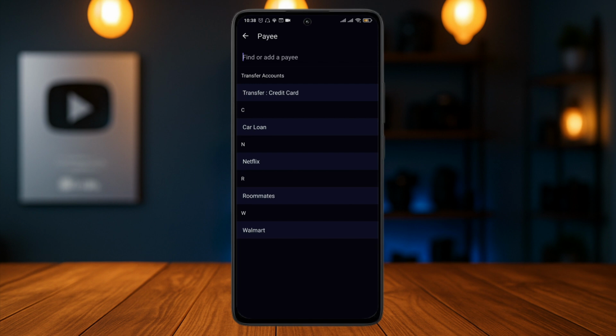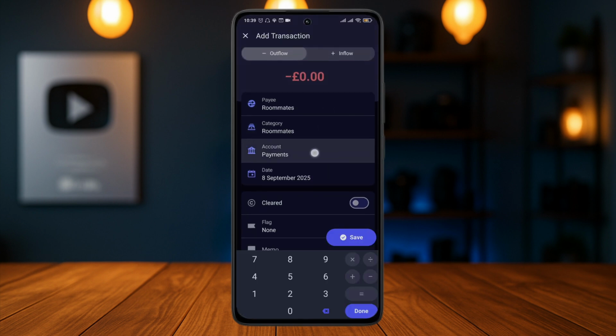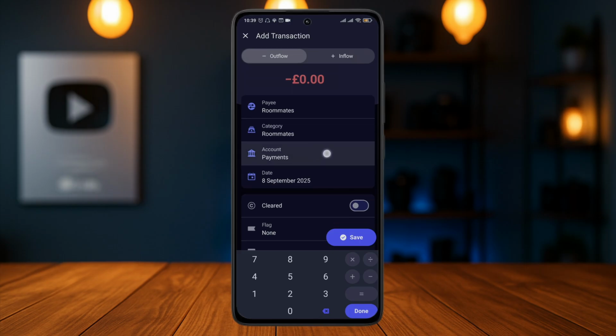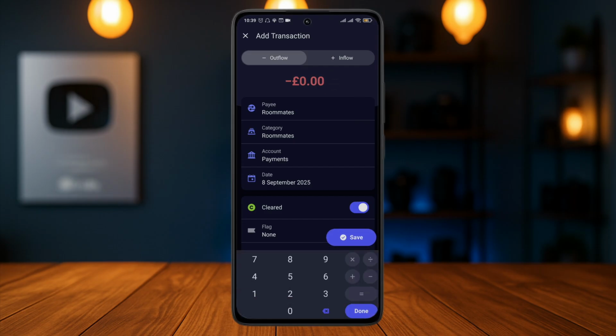on the pay option, and then select your pay, select your category and the amount, and then the account that you want to use. Let's make this as cleared, and then you can add in the amount that you've so